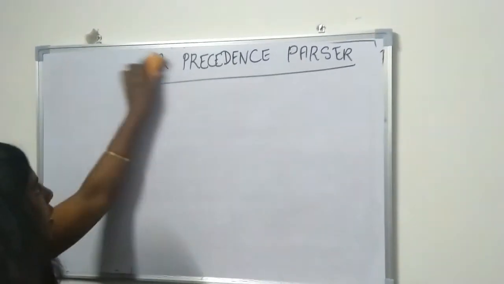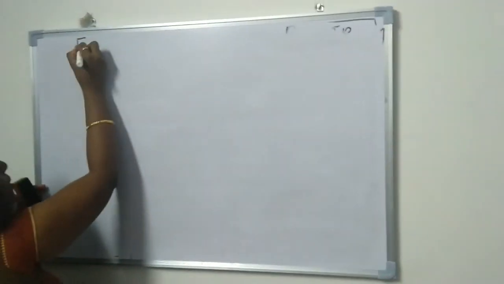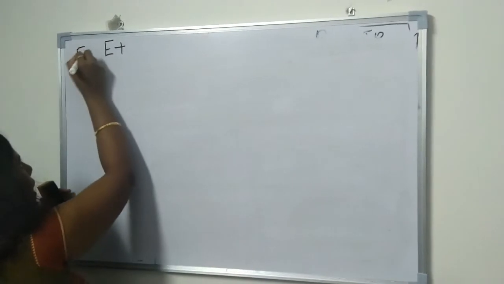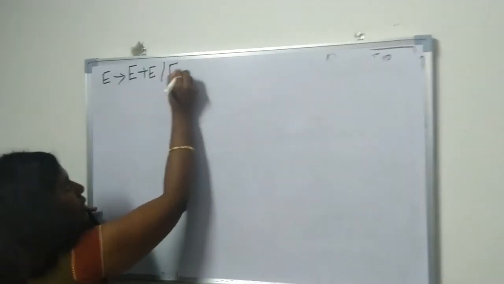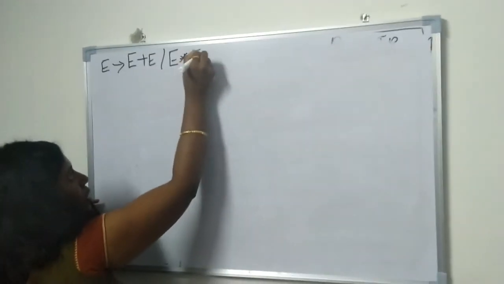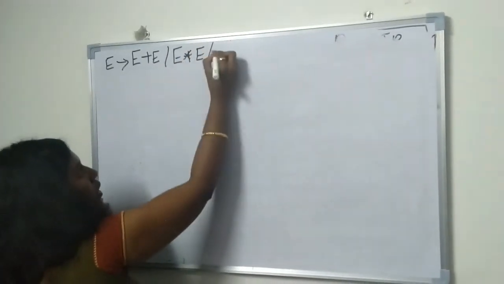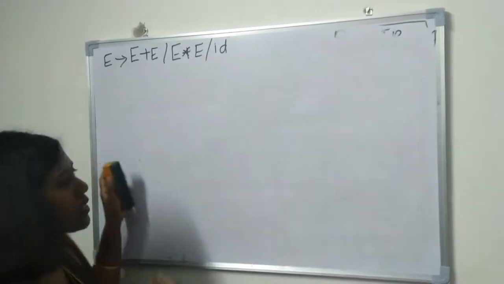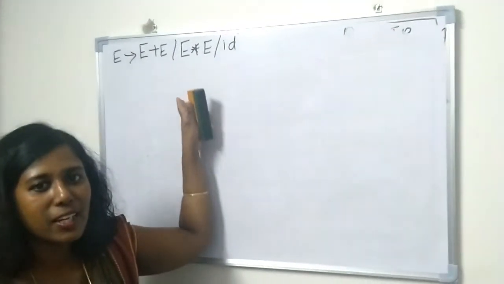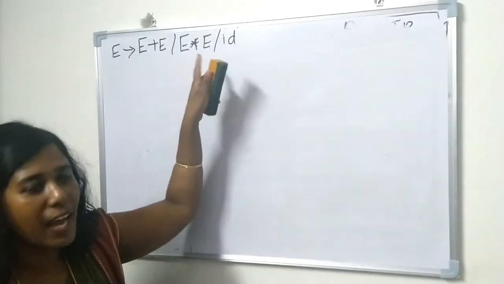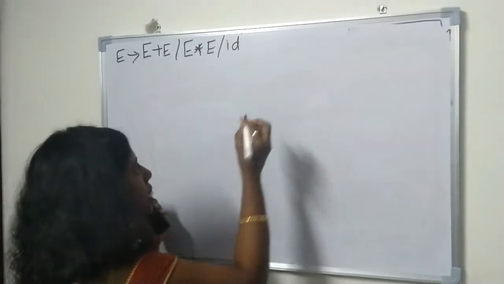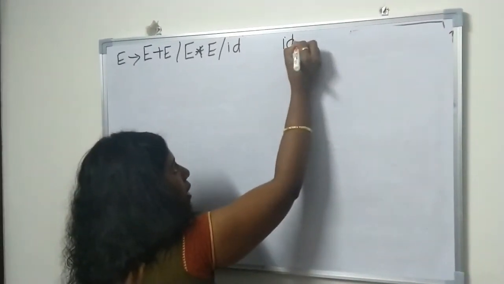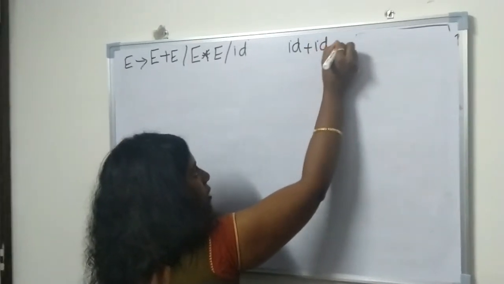Consider a grammar, that is E derives E plus E, and E derives E star E, and E derives ID. So we have three productions: E derives E plus E, E derives E star E, and E derives ID. Now I am going to check the input ID plus ID star ID